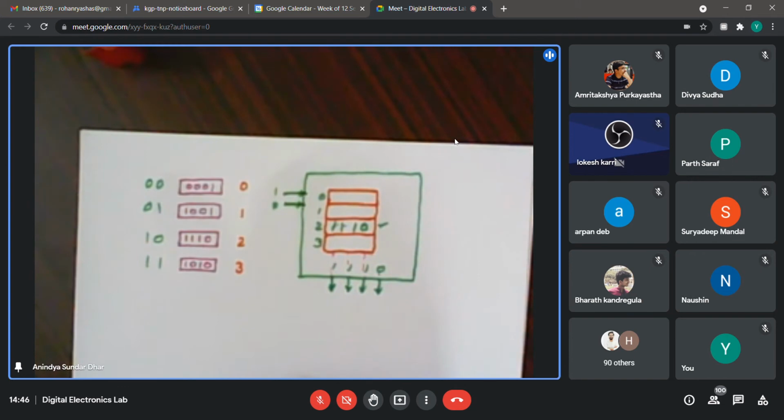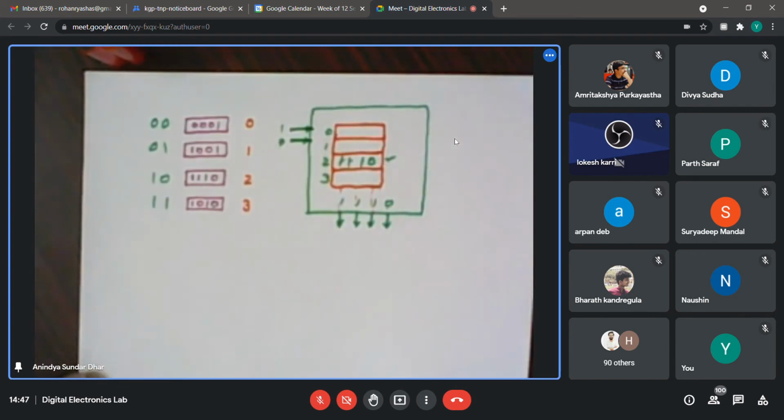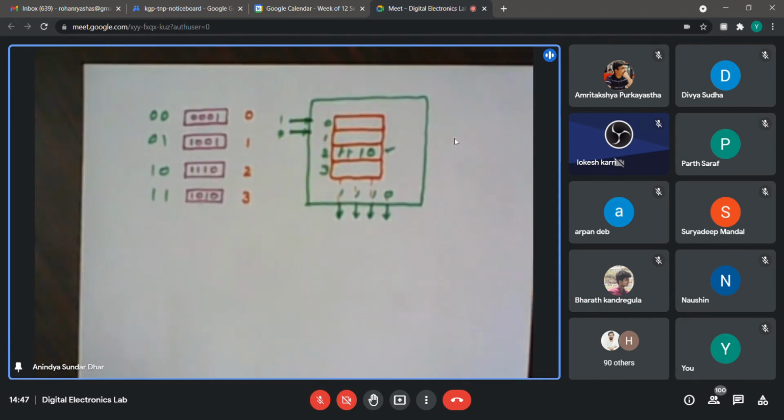Yes, because a RAM, as your friend pointed out at the very beginning, is a volatile memory. If you switch it off, it forgets everything. So whenever you take a fresh chip and power it up, fresh meaning after switching off, it may contain some garbage value. Whatever you intend, it doesn't have that value. So you need to first write it, and only then will you be able to read.